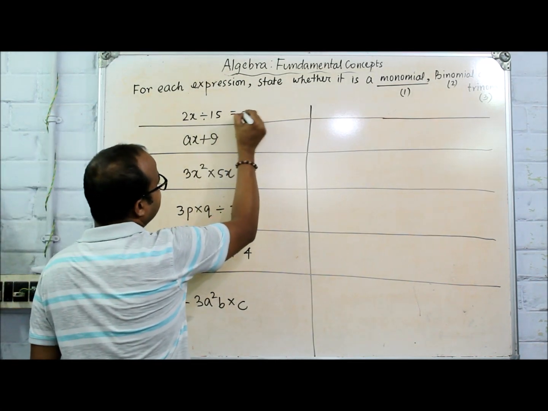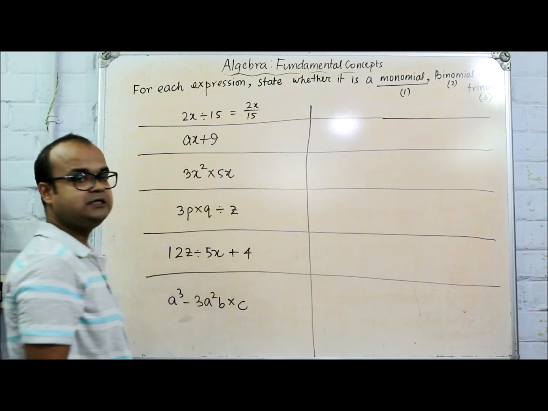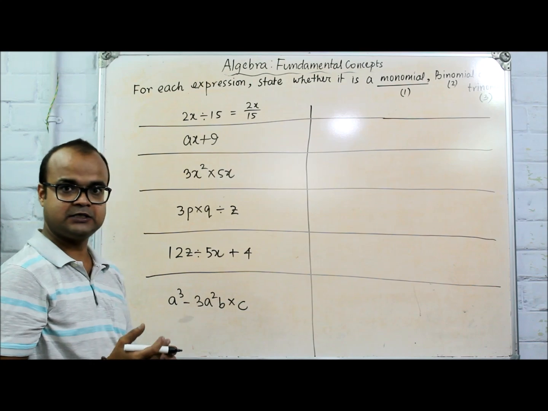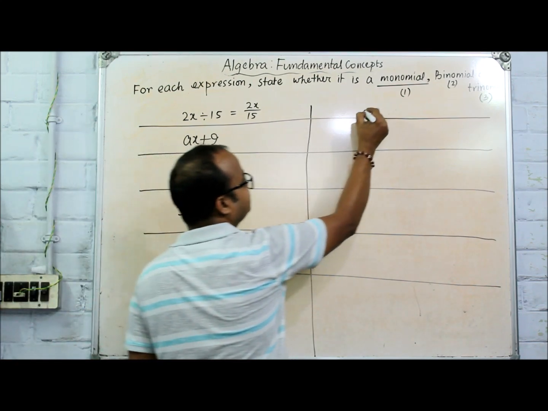So this can be written as 2x by 15. Now see, there is no plus or minus sign which separates the term. So it is an example of